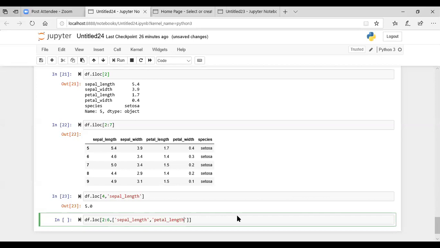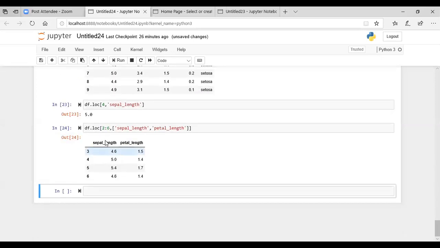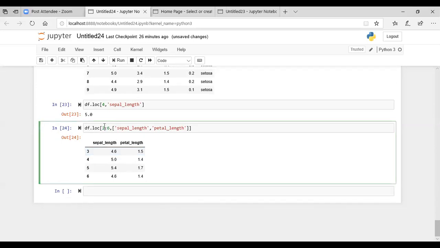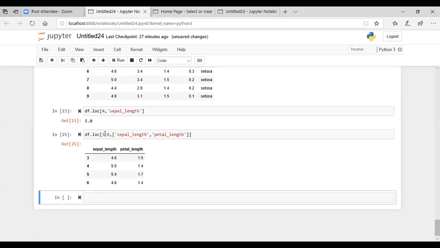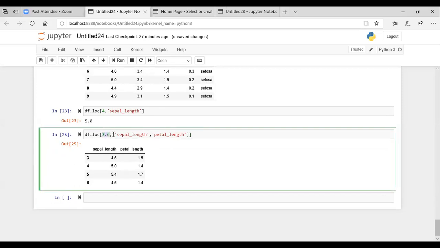So you will be getting the entries only for those specific ones. It starts from 3 because index number 2 does not exist; we have dropped it from the main data frame. That's why it is not showing here. If you put 3 here, you will get the same one. So from index number 3 till 6, we want only the sepal length and the petal length. Here you have to mention the indexing of the rows, and here the indexing of the columns that you are interested to retrieve.